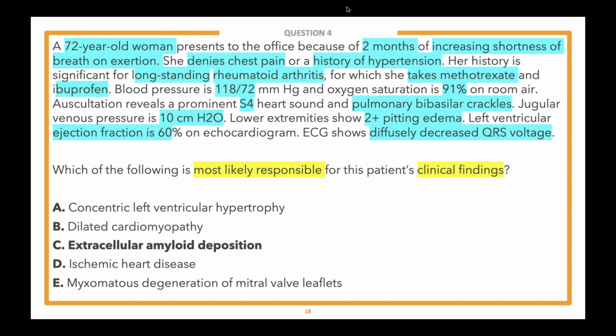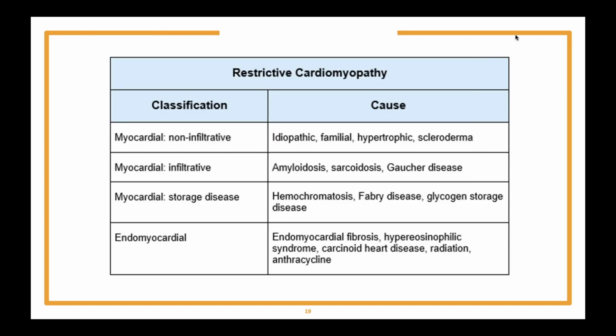And on the next slide, Sean has gone ahead and pulled up a table of our restrictive cardiomyopathies. Now, it can be caused by a few things. It can be caused by fibrosis, such as that from scleroderma. It can be caused by infiltrative causes like we just talked about, so amyloidosis, sarcoidosis. It can be storage diseases such as hemochromatosis or glycogen storage disorders, and a few other causes as well. Now, the only thing we really know is that this patient has rheumatoid arthritis, which, as we said, is a chronic inflammatory disease.